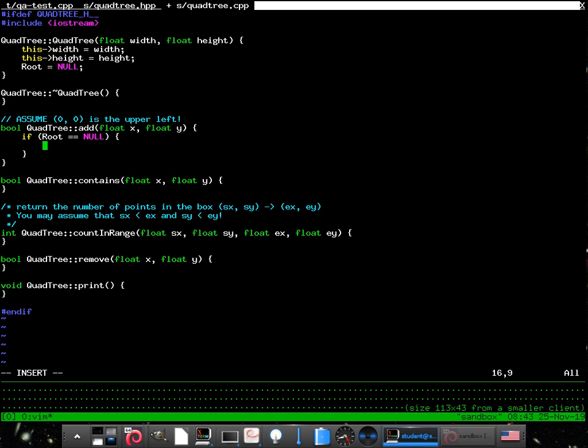We're adding a point, right? Yeah. A two-dimensional point is going to have an X value and a Y value, right? Mhm. Good. So we need to store. What does it contain? Oh, we're just containing points right now. You can think about this as something you could extend to contain objects, or